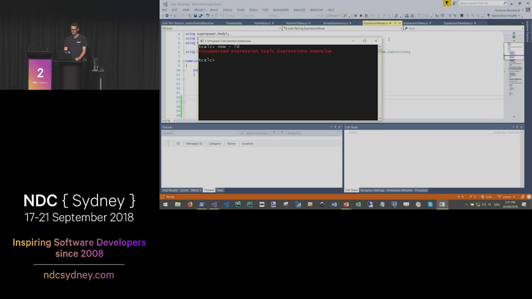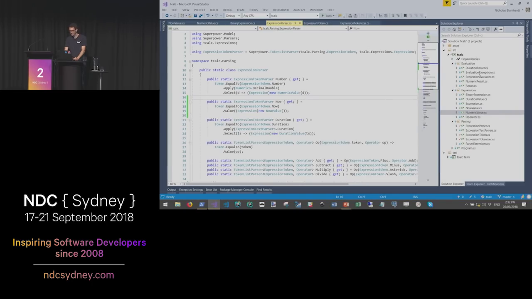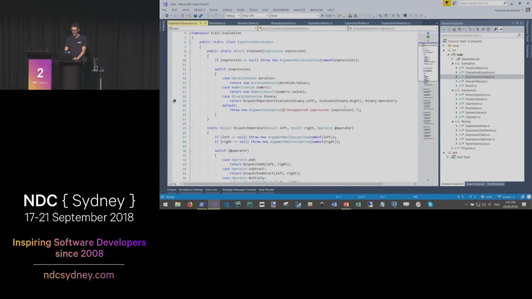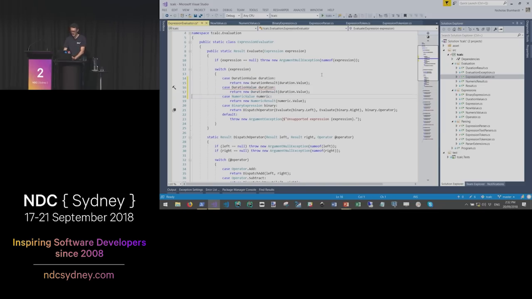So once we evaluate that expression, we're going to need another element in our switch statement here. That's going to be, we're going to match a now value, and the result is going to be a new datetime result. And that can just be DateTime.Now.